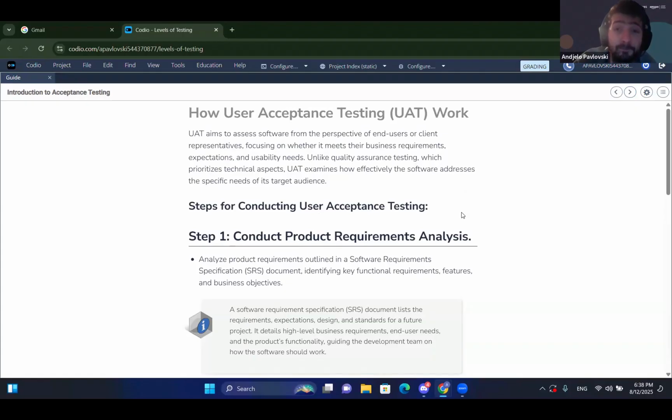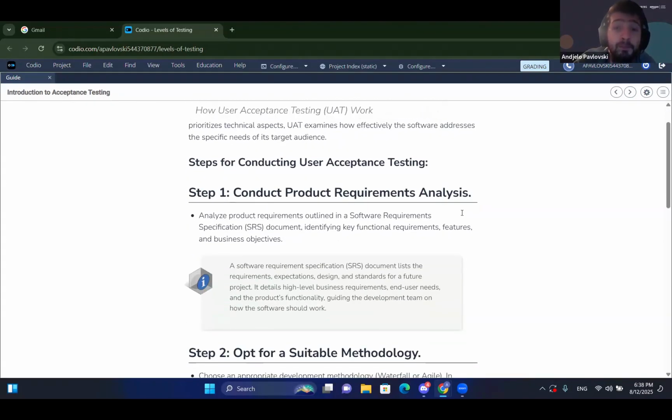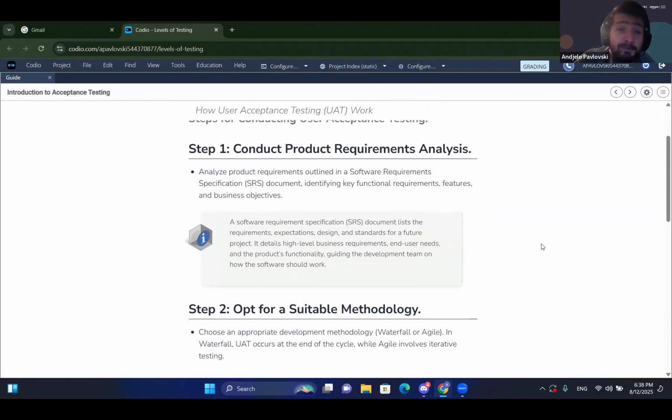Okay. Moving on, how user acceptance testing works. As I mentioned previously, this is the one that you will 99% of the time use on every project. It's quite common and it has a few steps before it can be implemented. Now, the steps to conduct this type of acceptance testing are the following. Conduct product requirement analysis. So first you would need to go through everything that was required, usually through user stories